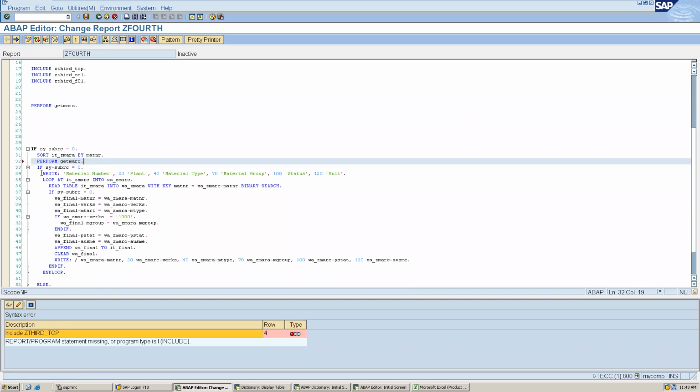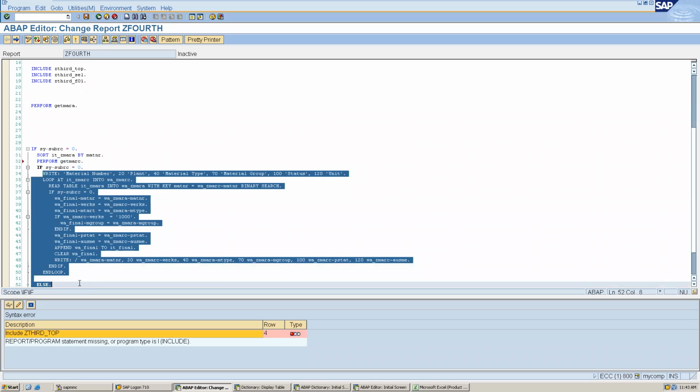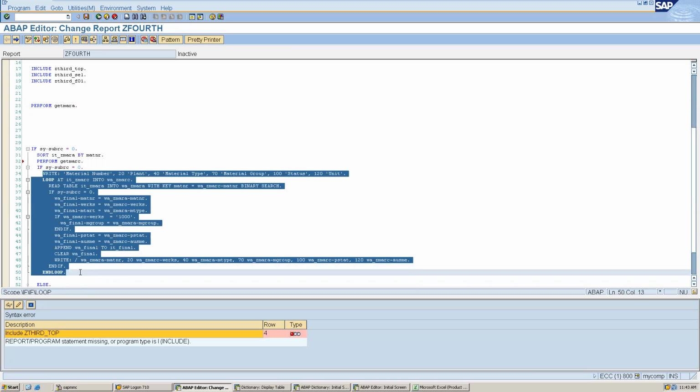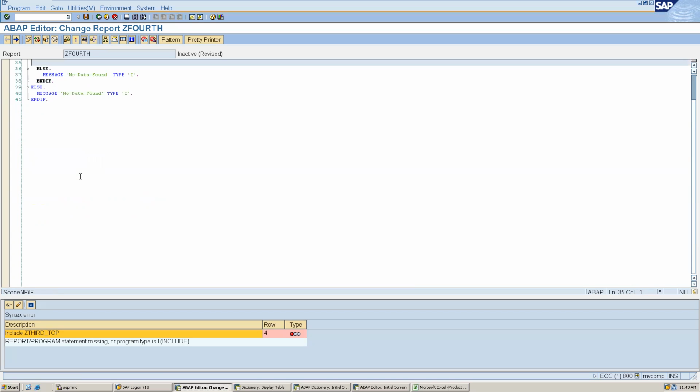And this is my logic to print, right? From here till here I have logic to print. So for example, I can write perform print data. I can give any name. I can also use an underscore, for example.